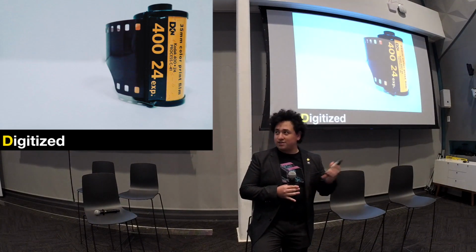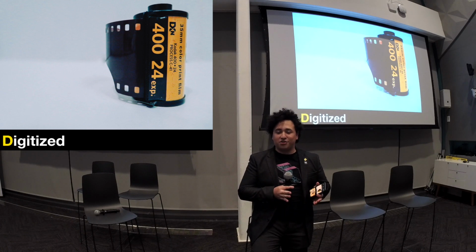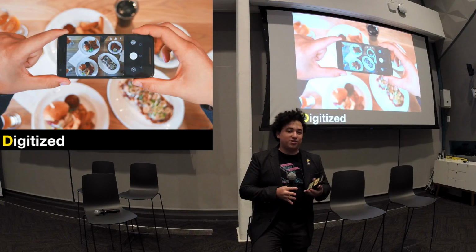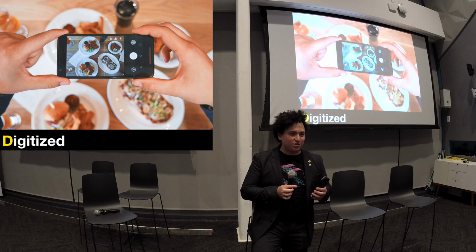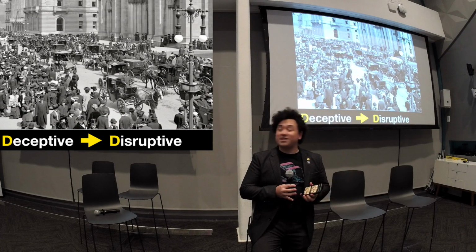A good example of this is film photography. You had 24 pictures, and you were taking care of each one. You didn't know half of those were going to be blurry, and the other half had a finger in them, and maybe you got a good shot. Whereas nowadays, it creates abundance, right? You don't think about snapping a picture of your food, whereas I remember seeing people with a Kodak camera with film taking pictures of their lunch. It was a lot more precious than that. And this leads to the second one.